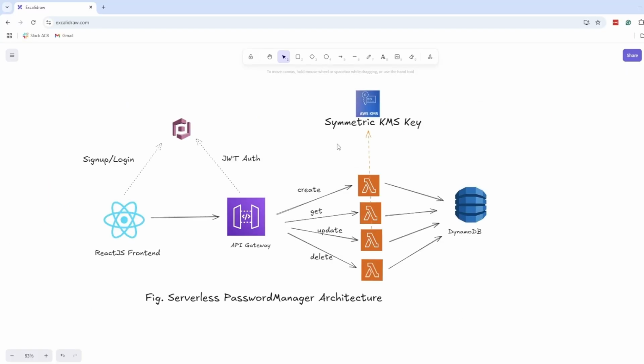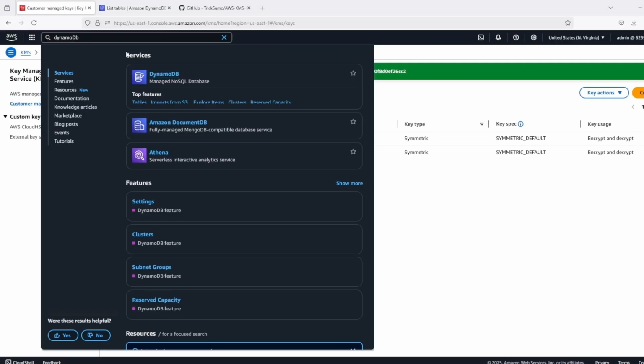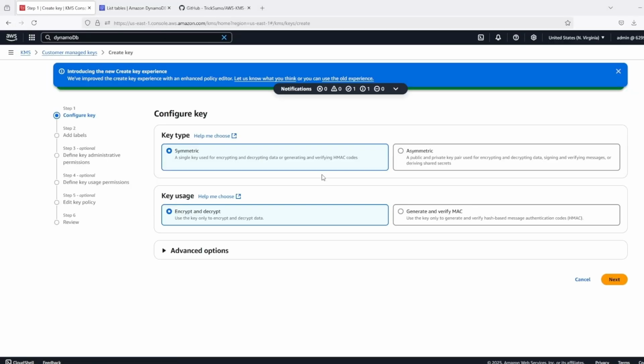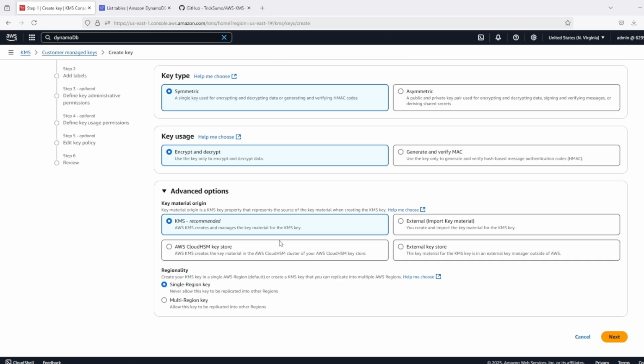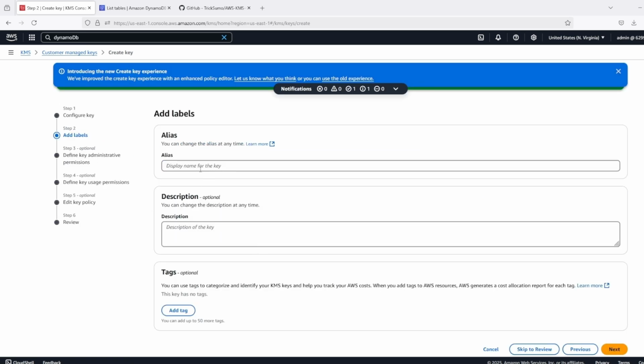Now we need to create a KMS key and Lambda functions and API gateway. So let's create a KMS key, which will be a symmetric key, and we are using it for encryption and decryption. KMS will be the source of key material. Alias, so we will use alias as password manager key,